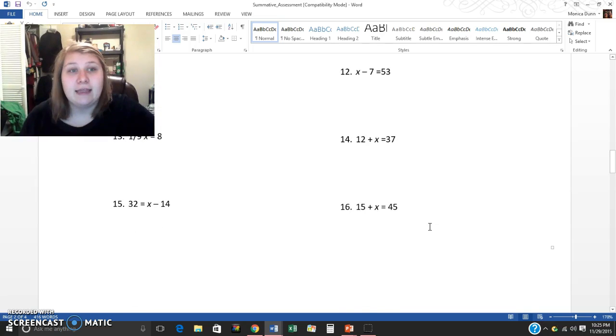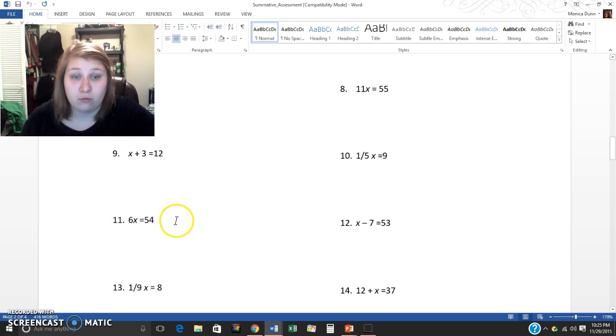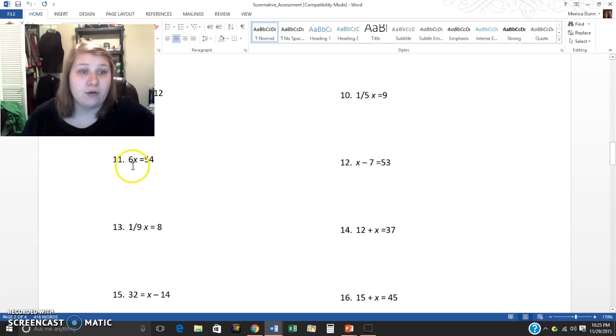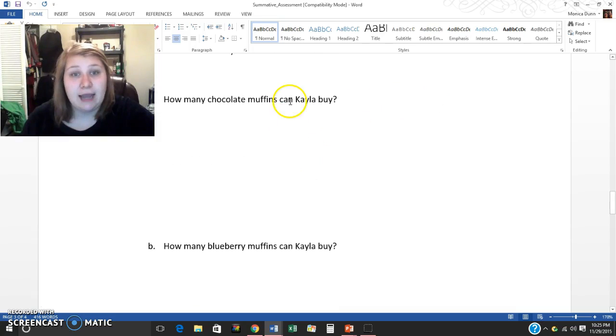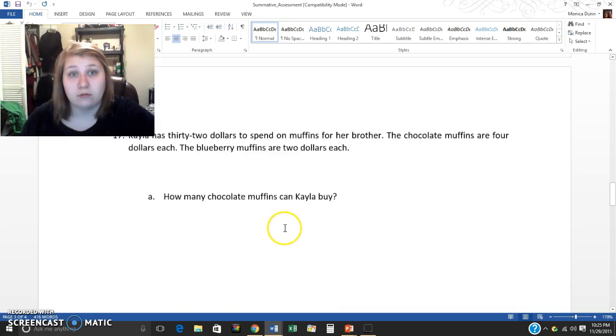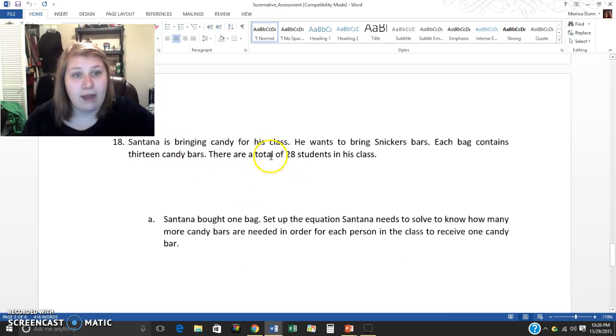And these short answers also help me know if they know how to work with fractions, and it lets me know if they know the multiplication facts. Because if they don't know that 6 times 9 is 54, then they won't be able to do this. Alright, and then I went to a word problem. And for the word problem, I gave them the prompt, and then I gave them questions about these few sentences. And then I gave them one more, and one of them is a multiplication one, and one of them is